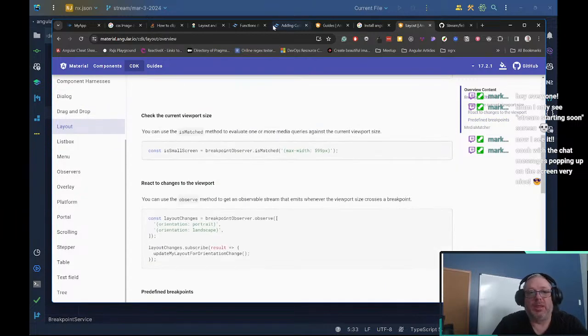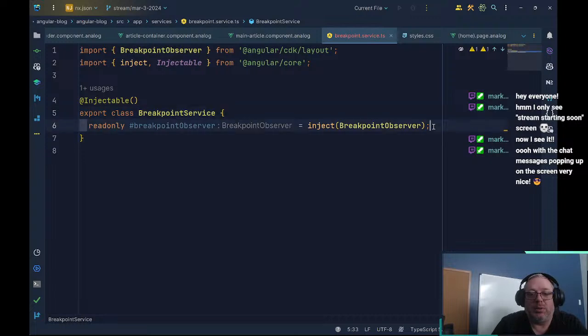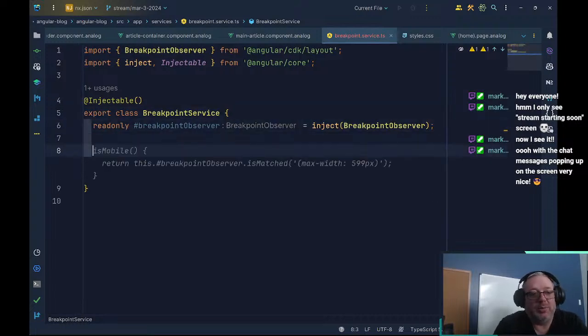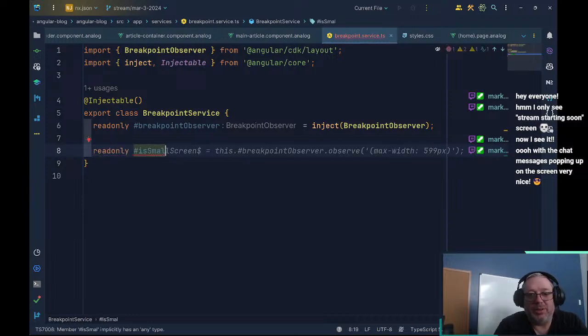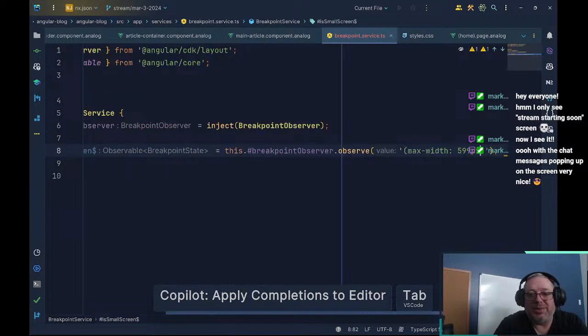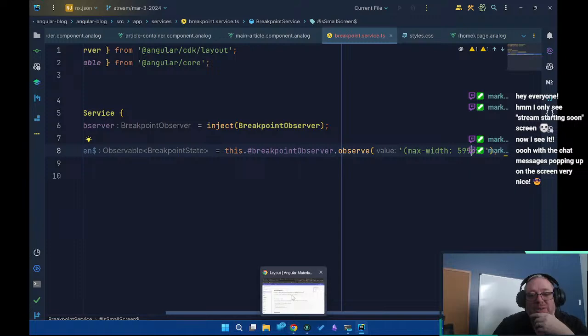So here we can just do readonly is small screen, and that's directly from the documentation, but we want to match